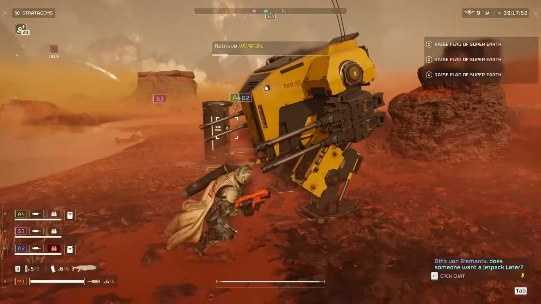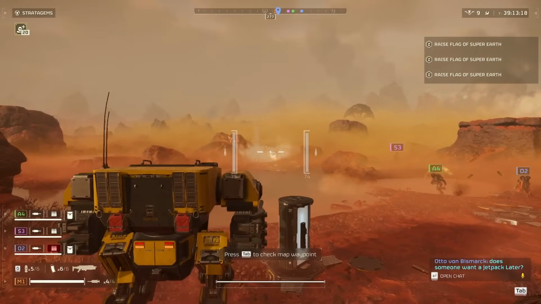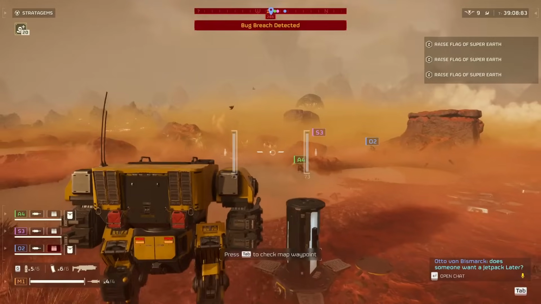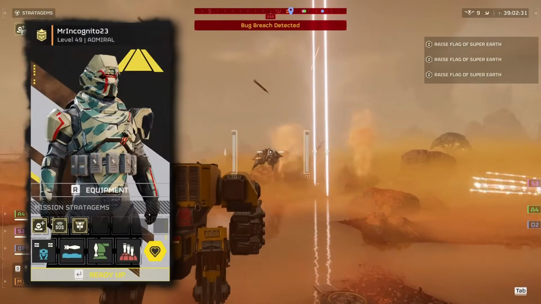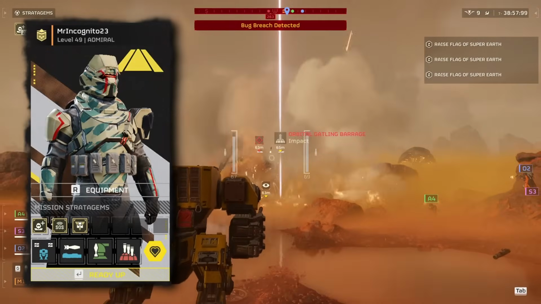6 more fun loadouts to try out. Number 1, the Autocannon Mech. So for this loadout we have the Incendiary Breaker, Senator, Impact Incendiary Grenades, and any Engineer's Armor. For our stratagems we have the Autocannon Mech, EAT launchers, a turret of your choosing for support, and an orbital